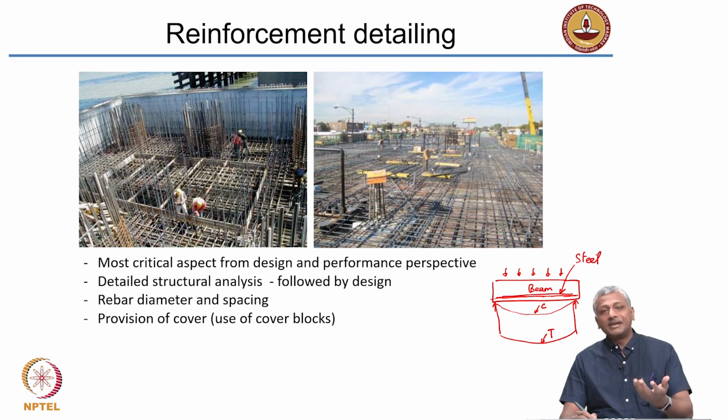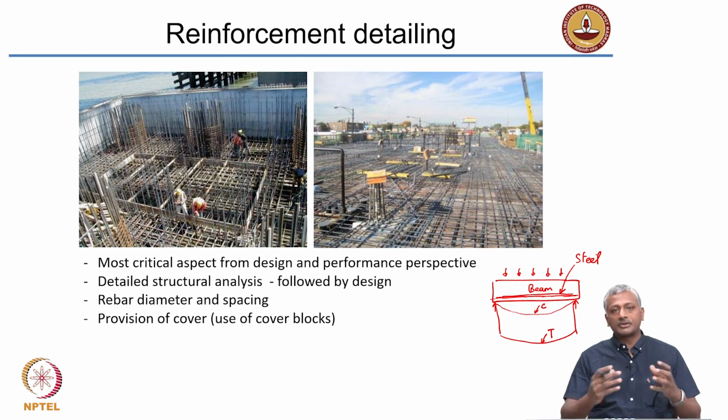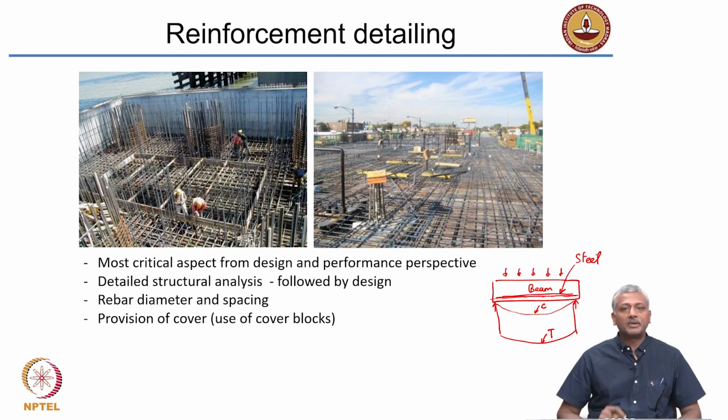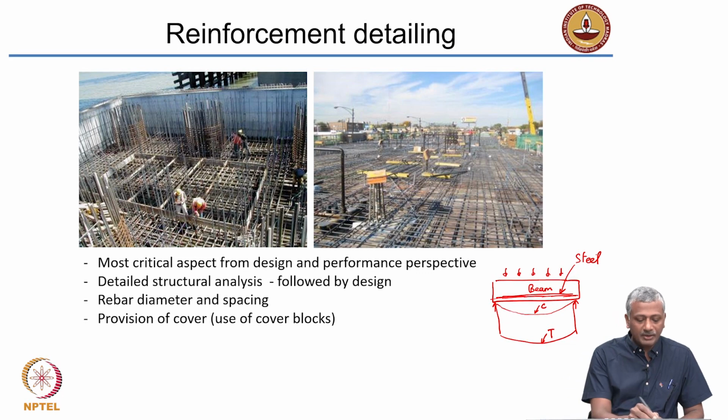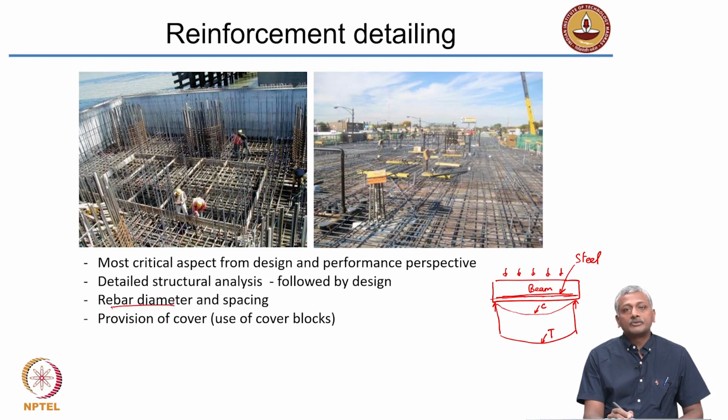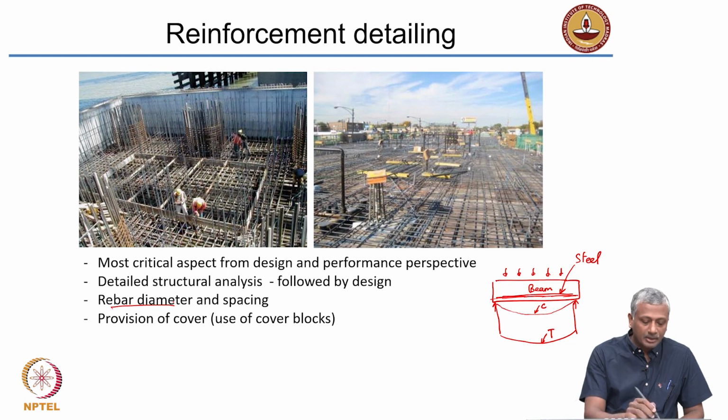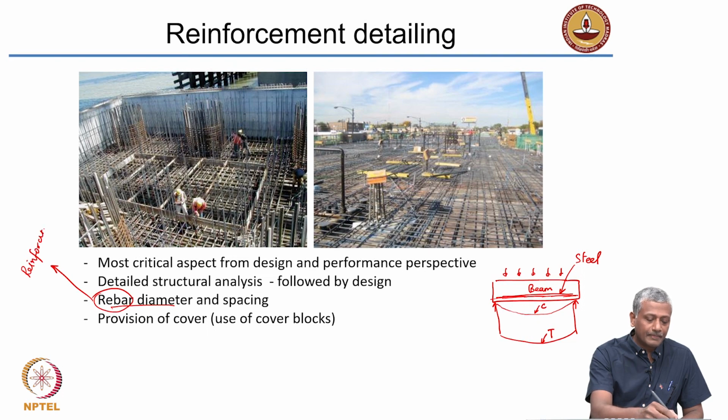Now, reinforcement detailing is going a step further, not just understanding where steel needs to be provided, it also means how much steel needs to be provided in a given cross-sectional area, how much area should be covered by steel. So, for that we need to design the steel in terms of the diameter of the rebar. Now, of course, rebar is a term that civil engineers use to describe reinforcing bar, because most of the steel rebars are basically rods, with different diameters.